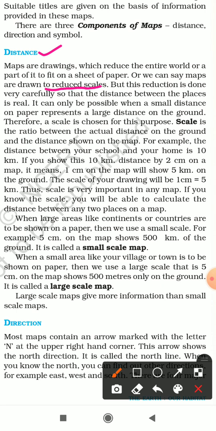This is only possible when a small distance on paper represents a larger distance on the ground. For example, 5 centimeter on paper can represent 5 kilometer on the ground or in reality.